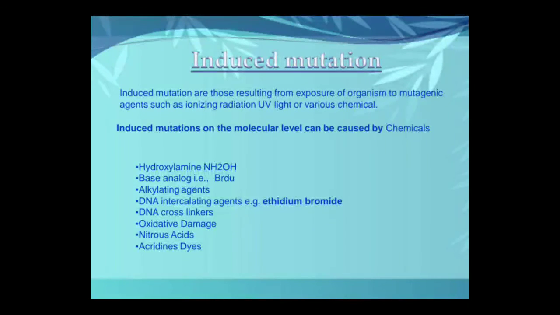This is a cytosine structure. Via deamination you can see it has become uracil. How? By the change of this particular group. Deamination means the amino group is removed. Induced mutation. Induced mutations are those resulting from the exposure of the organism to mutagenic agents such as ionizing radiation, UV